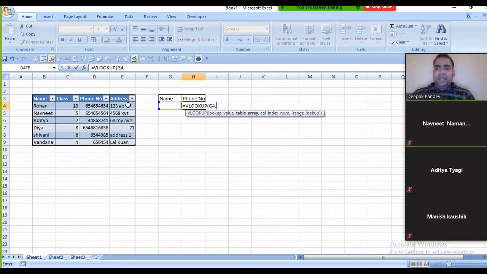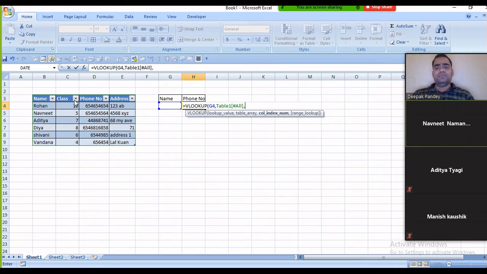And the table array, the whole table. Where do you want that data from? The whole table. It selected the whole table. I converted the table, so it is basically the table one, the table array.